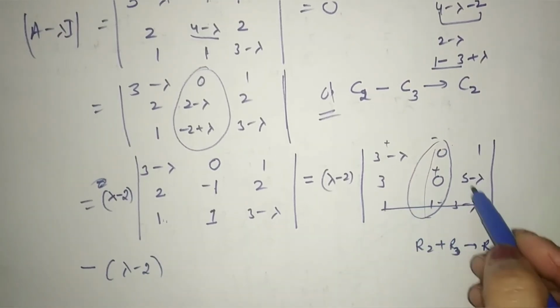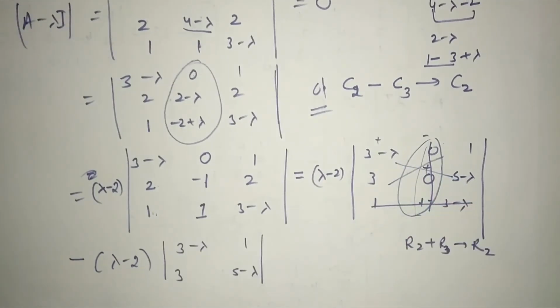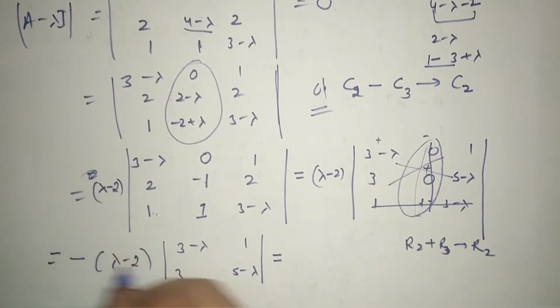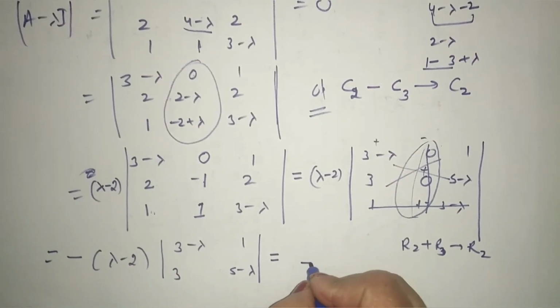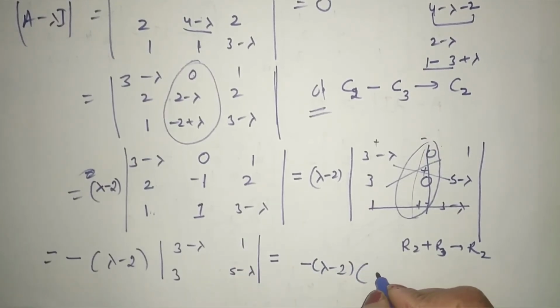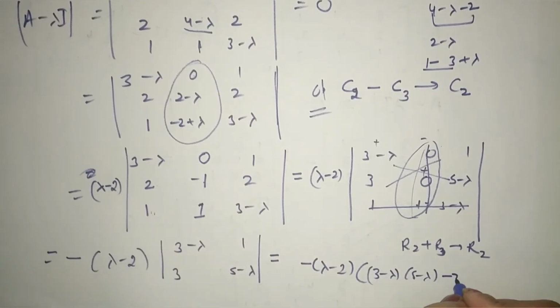Then expanding with respect to this element means cross multiplying. So this is minus lambda minus 2, and cross multiplying these will be 3 minus lambda into 5 minus lambda minus 3